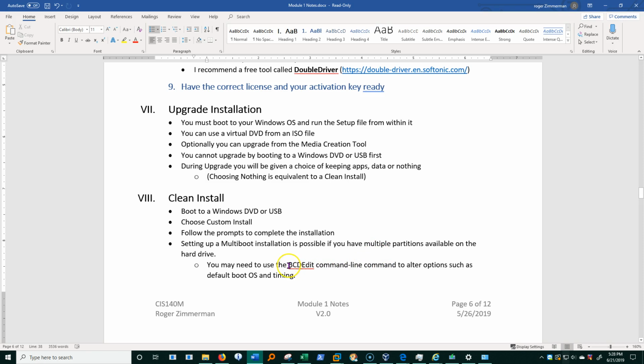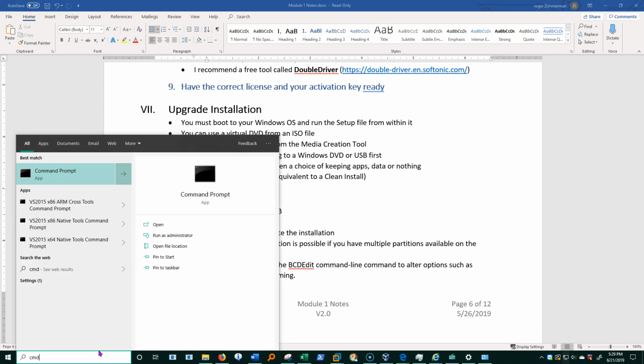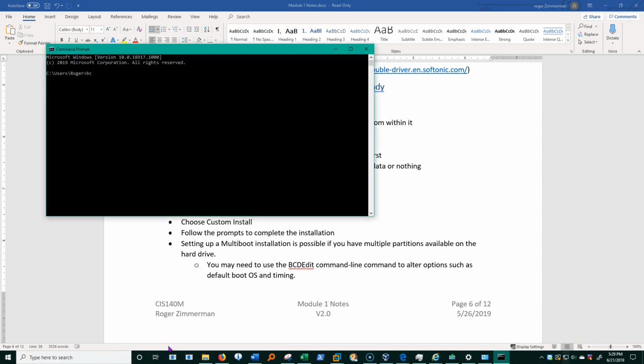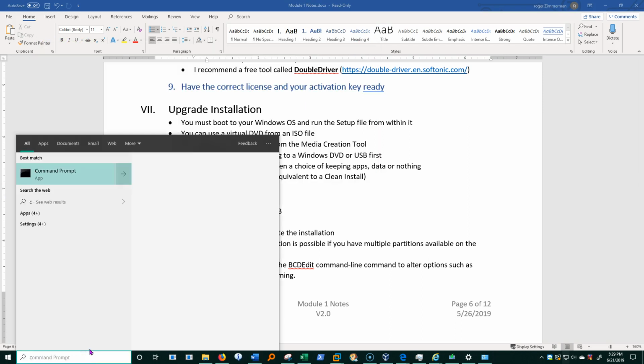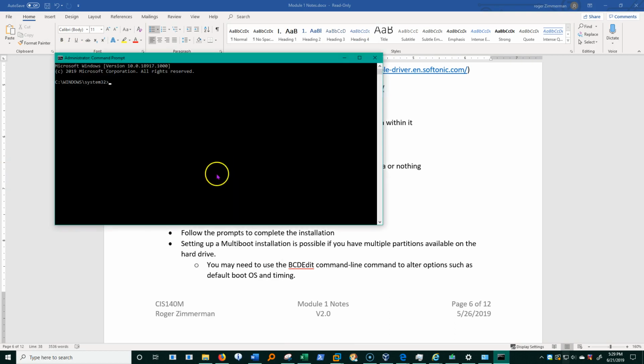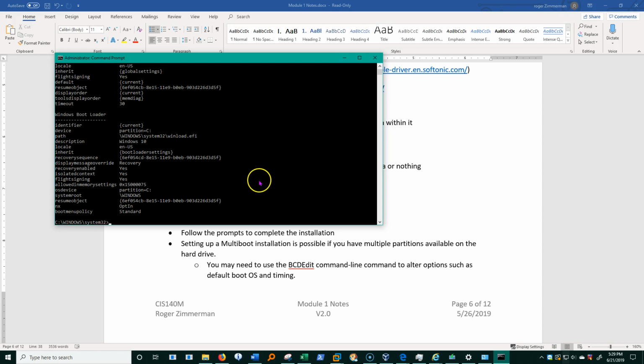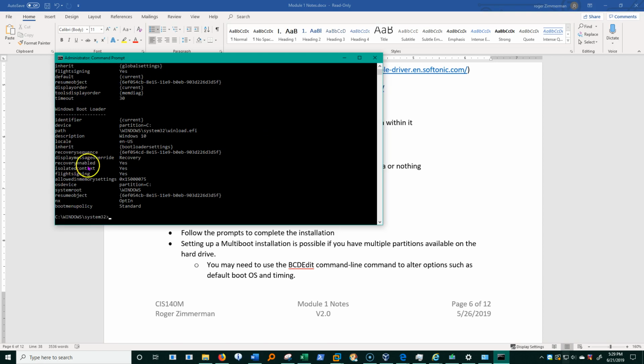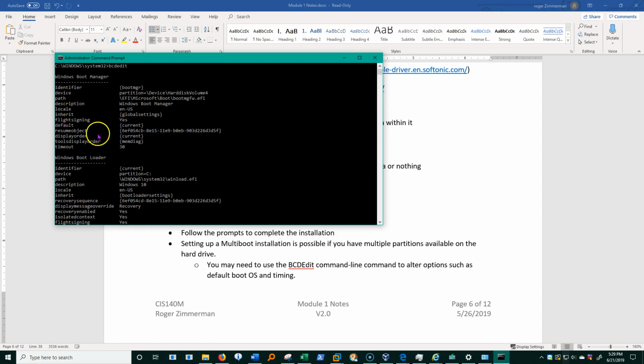So those are all done in something called BCD edit, which is a command line tool that you type directly here, BCD edit, like that, and it said it couldn't be opened, access is denied, and that's because I didn't choose to open this as an administrator. I need to right click there, open it as an administrator, and then type BCD edit. There, that's better. So then I have a number of commands within the BCD edit that it tells me how to use so that I can set some of those things up.